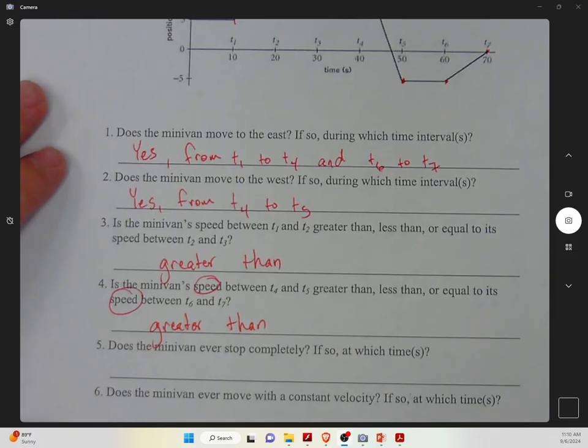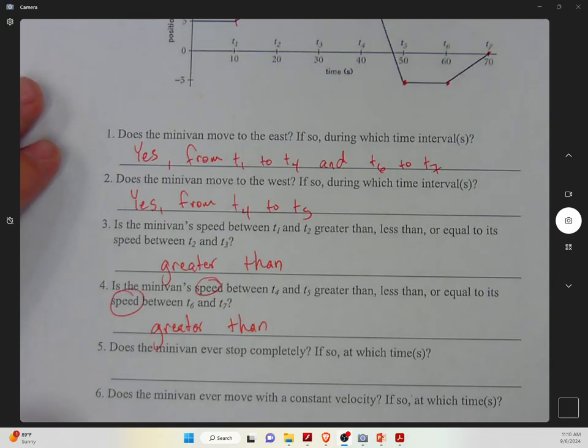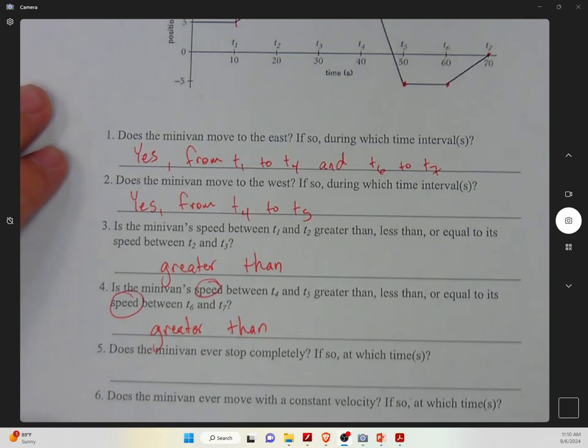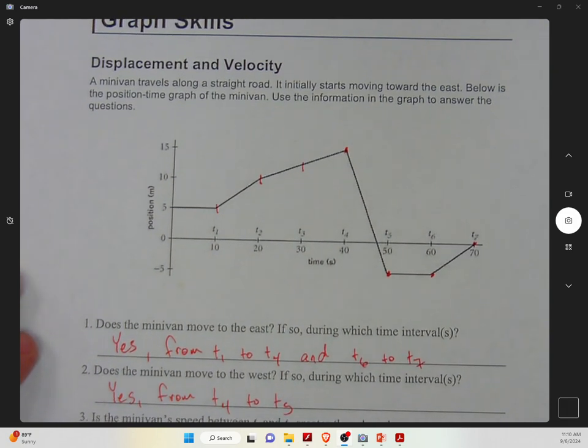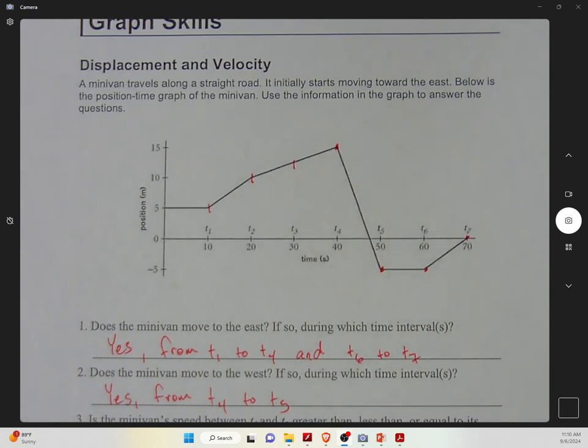Number 5, does the minivan ever stop completely? If so, at which times? Now, if we're completely stopped, not moving, can there be a change in position? No. So on the graph, we're going to look for chunks of time where there is no change in position. Now, on this XY graph as it's set up, that means that we're looking for a flat line, right? There's no change in Y. So a flat line that's parallel to the x-axis. So we look for those, and we see it's between